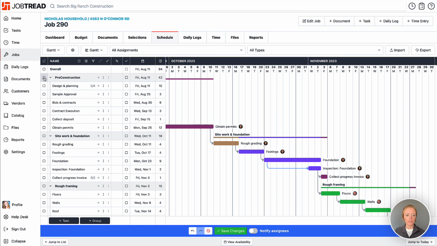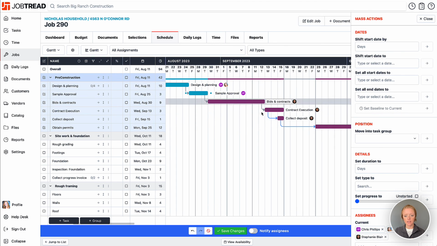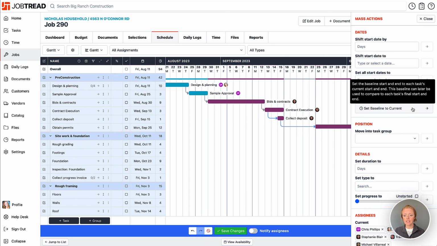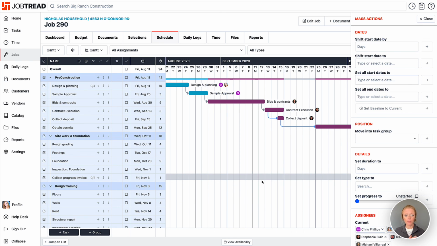You could also just select a group of tasks and choose to set the baseline to the current task dates. Or you can select your entire schedule. This is going to be the most common. After you build out your whole schedule for the job, go ahead and select everything, and then say Set Baseline to Current. Once you save those changes, it's going to have that created as the baseline, or basically your original